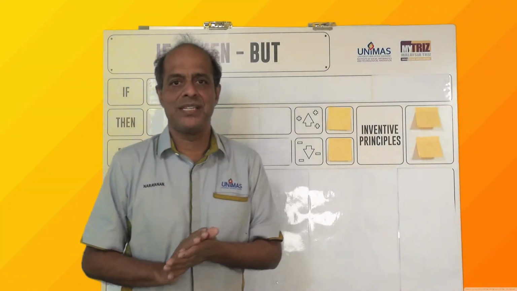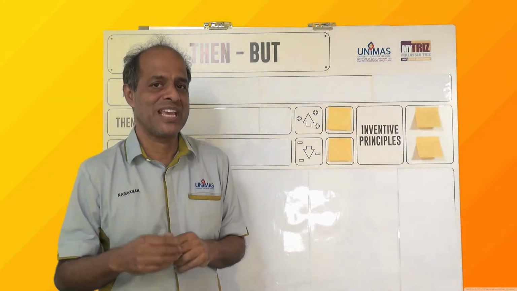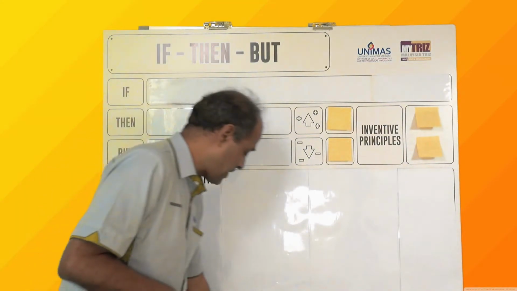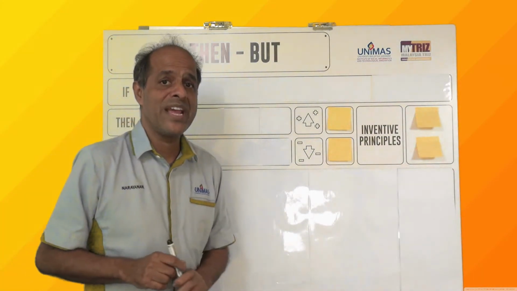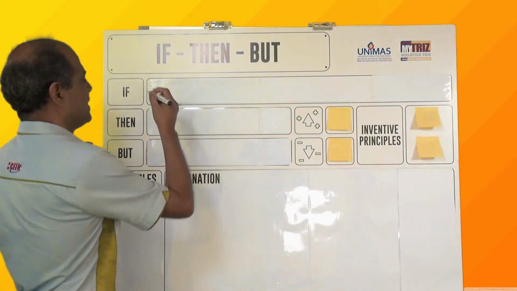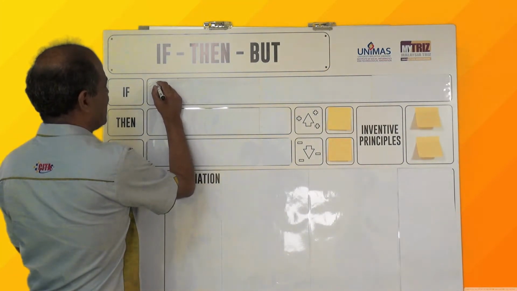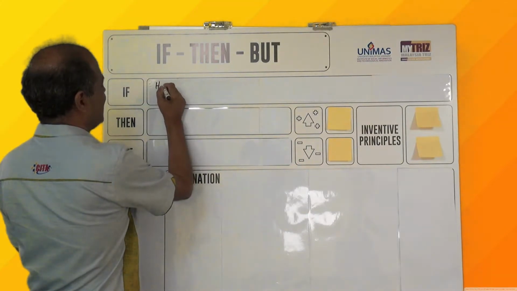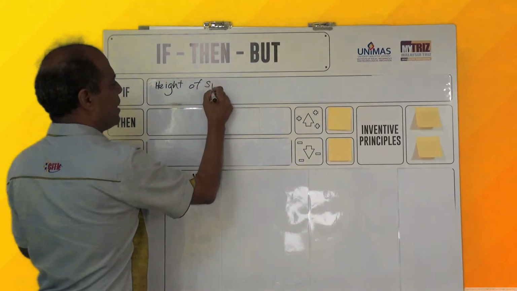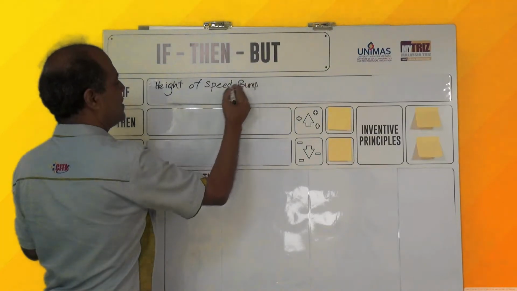When we model such a problem as an engineering contradiction, firstly, we want to say what we want to do as an activity. So here, I will say one good way to reduce accidents is by increasing the height of the speed bump, right? So if the height of the speed bump is increased,